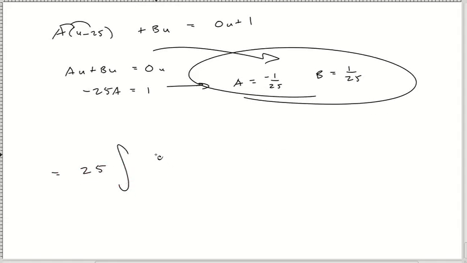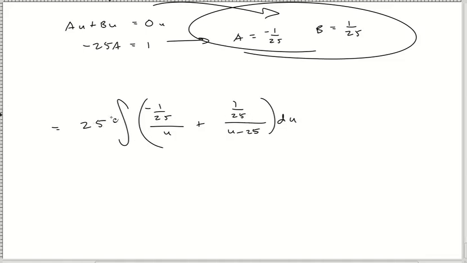I got 25 integral of negative 1 over 25 over u, positive 1 over 25 over u minus 25, du. Well, it's funny because these are both in the denominator and this 25 here is numerator, and so all these guys are going to cancel out. That makes it a little easier. I got negative ln of u, and here I've got a v substitution if you want to go that far, but ultimately it'll be another ln